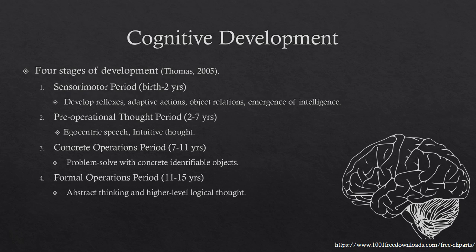And then the last stage of development is the formal operations period from 11 to 15 years. And so logical thinking skills are developing. Children are able to have more abstract thought and maybe solve problems that they not necessarily see right in front of them. I kind of equate this to when children can think abstractly, and this is the best time maybe to talk about teaching them algebra because they can start thinking about those abstract concepts.